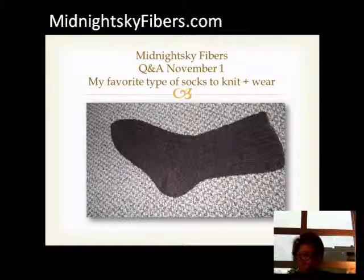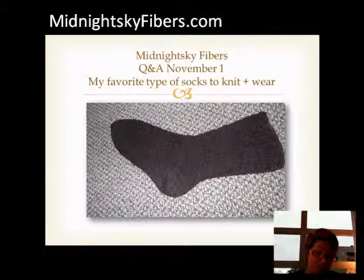Next question, since we were on the discussion of what type of socks I was knitting, and since I'm spinning sock yarn, I love making hand knit socks, but unlike most people, I do not make many lace or cable knit socks. I'm really boring in my socks. I tend to like very plain, traditional basic toes and heels, a little bit of ribbing at the top, not too long. I don't like them lacy or cabled because I wear my socks really hard,